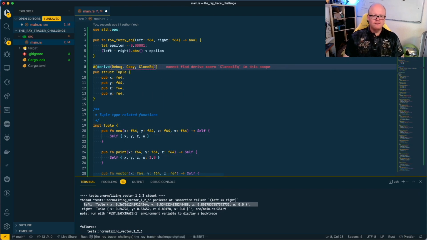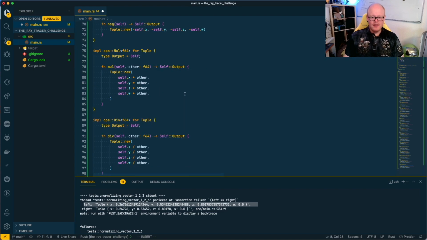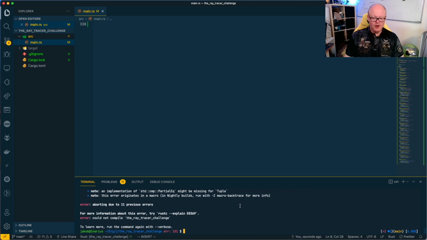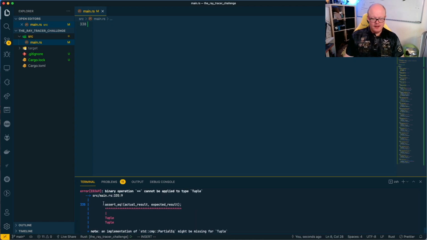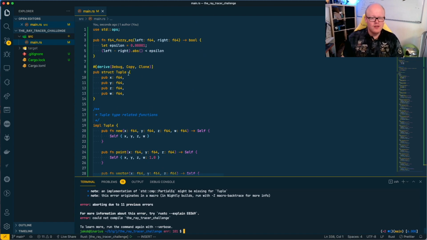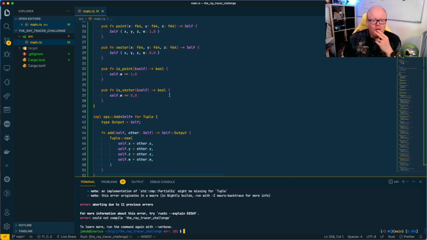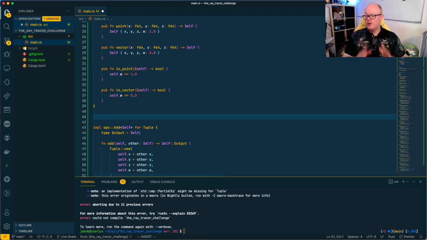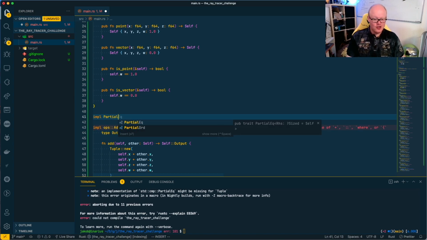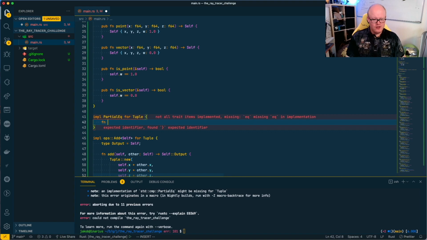But if we now remove this here, which I'm doing, I guess most of our tests won't work anymore. No. Because the system will tell us in our first test that it cannot compare those. I guess that's why I Googled and added that information in the first place. But now I want to actually implement this myself. It should be more or less the same comparison. So let's implement this ourselves. Let's implement partial equality for tuple. And I guess we only need to implement eq then, and this is other, which is